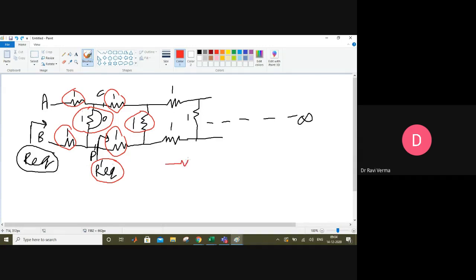This is 1 ohm. This is the short circuited wire, so I am now shorting it. This is 1 ohm. And I'll put this as 1 ohm also for your convenience. This is one more wire, 1 ohm resistance, 1 ohm resistance. This is also 1 ohm resistance. Then this is the shorted wire. And we know the equivalent resistance of all the right side circuit is R equivalent prime. I called it R equivalent dash or R equivalent prime, whatever is convenient to you. And we have to find this resistance.